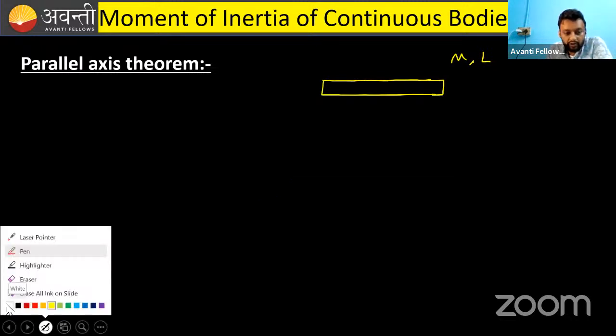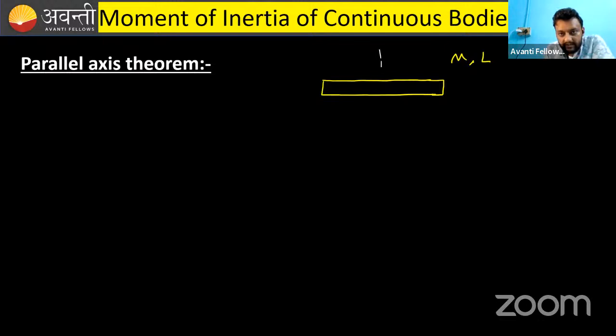For this rod, we know the moment of inertia about the perpendicular bisector axis. We know the moment of inertia about this axis. And this axis is passing through the midpoint of the rod, which is generally known as the center of mass of the body. You know the moment of inertia about this point. What if someone asks you to calculate the moment of inertia about this axis, or somewhere in this, about this axis, whatever,